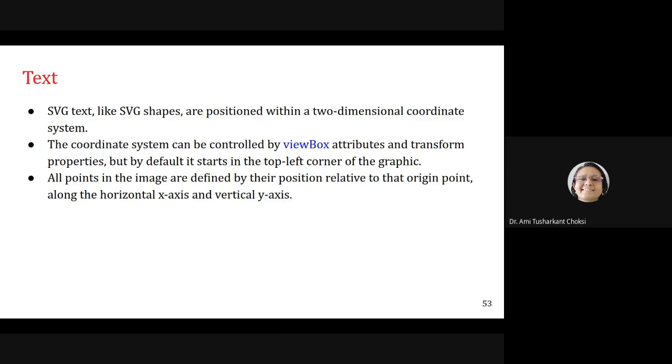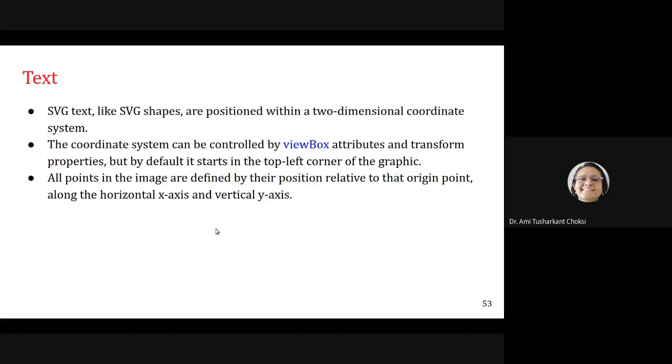SVG text, like SVG shapes, is positioned within a two-dimensional coordinate system. The coordinate system can be controlled by viewBox attributes and transform properties, but by default, it starts in the top left corner of the graphic. For example, for this particular screen, we can say this is the top left corner, right? Where my mouse pointer is. Fine.